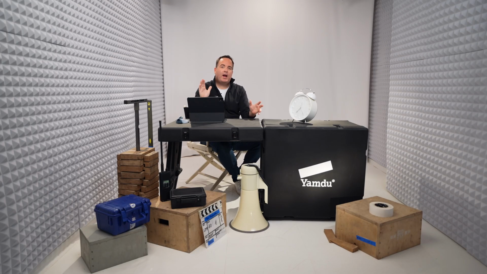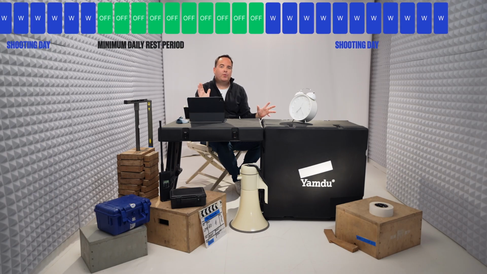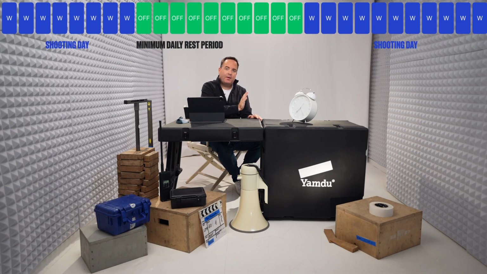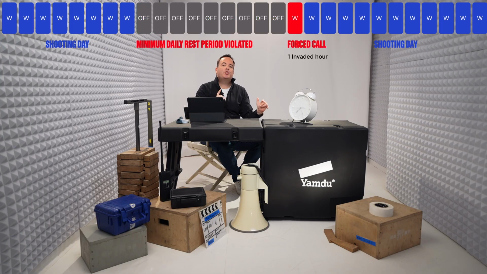It means your actual rest period, your actual turnaround time between the time you've been dismissed on one day and called in on the next day, what was the duration of this? And if it was shorter than the minimum daily rest period that is required by these settings here, it counts the number of invaded hours, the amount of hours that your night or rest period has been shorter. And in this case, you can have different categories.